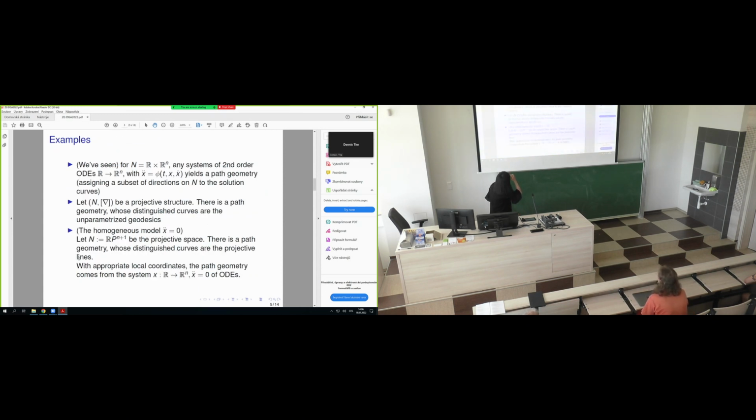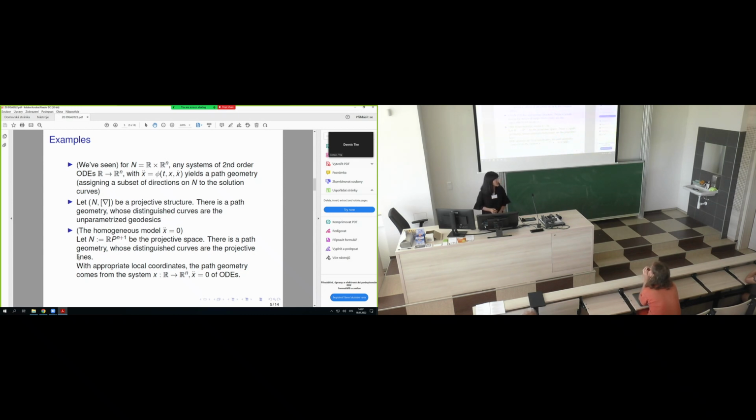So I list some examples. First, in the beginning, we showed that whenever we have a system of second-order ODEs, the encoded equivalent line distribution is a path geometry. And secondly, whenever you have a projective structure, it induces a path geometry by having the assigned curves being the unparameterized geodesics. And third,